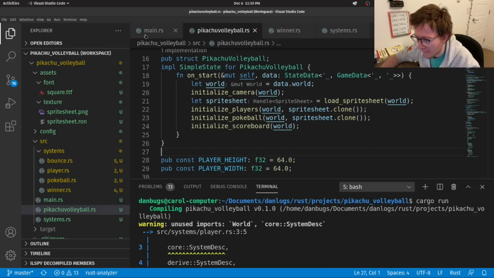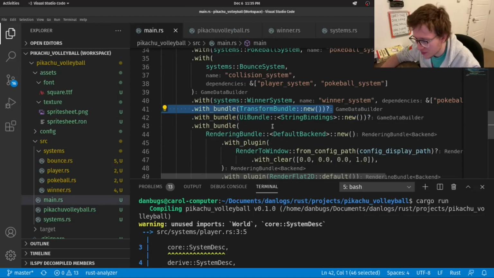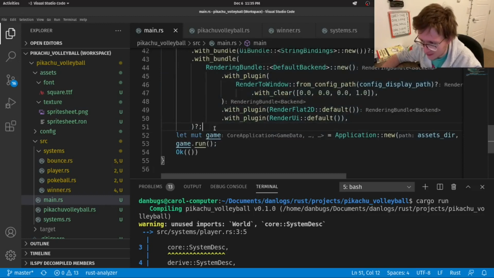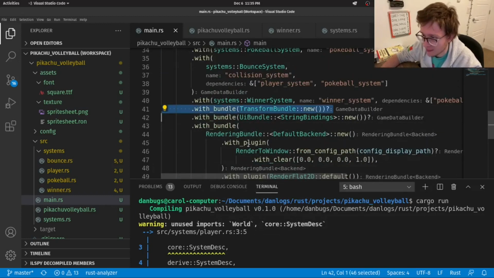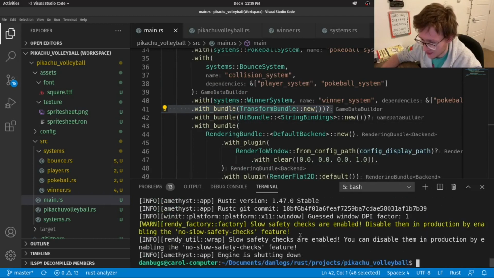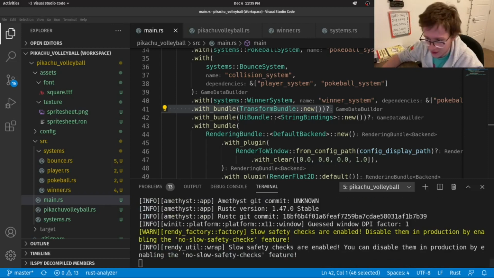So my new guess was that we were importing one of the bundles in the wrong order, and it seems like we need the transform bundle before we can have the UI bundle. So all I had to do was get the transform bundle, which was before my last bundle, and bring it above the UI bundle. And that was just enough to fix the error. So if I just cargo run it right now, I don't think it should take too long.